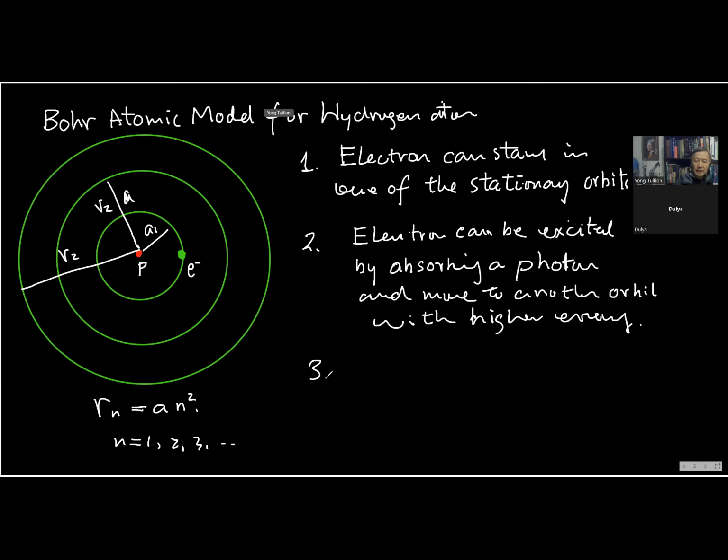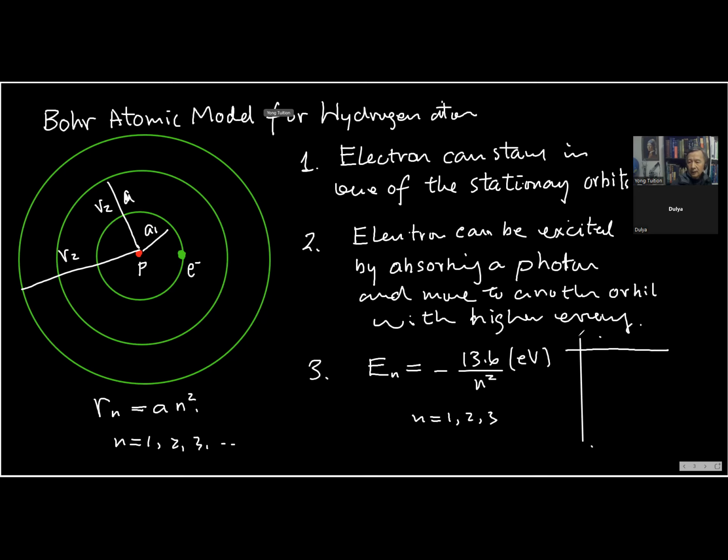Now, another idea is the energy level. Can you summarize here? The energy level of the hydrogen atom can be simply written as this formula. That is a summary. You see, n squared. Also, n is an integer. You see, 1, 2, 3. And that is in electron volts for the unit. Okay. Now, in this case, I can use this corner here. We can draw the energy diagram. So the energy diagram is different from the orbit.